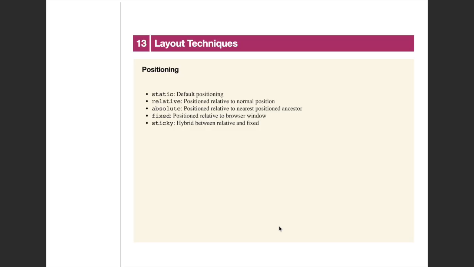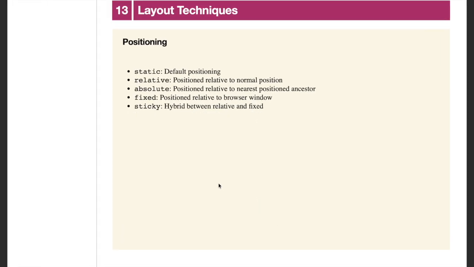Fourth is fixed. This means the element is positioned relative to the browser window. आपने देखा होगा कोई AI विजेट जो होता है या फिर AI चैटबॉट होता है, वो हमेशा राइट साइड में फिक्स्ड रहता है कहीं एक जगह, काफी सारे वेबसाइट में। और a Register Now button that never disappears no matter how far you scroll. इस चीज के लिए हम लोग फिक्स्ड पोजिशनिंग का यूज करते हैं।